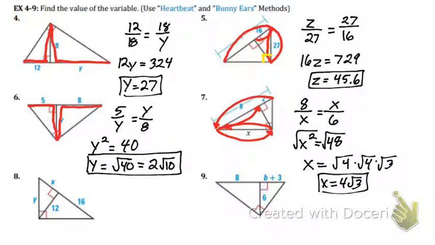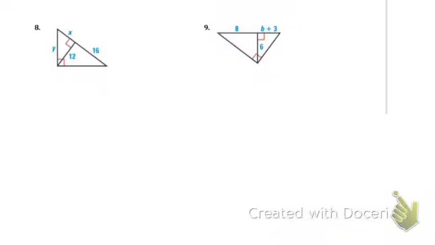I'm going to move to the next one. Well, 8. What was that? 8. No, I'll move to the next slide so I can show 8. All right, 8, we have to use the heartbeat method first to get our x. So I'm going to have 16